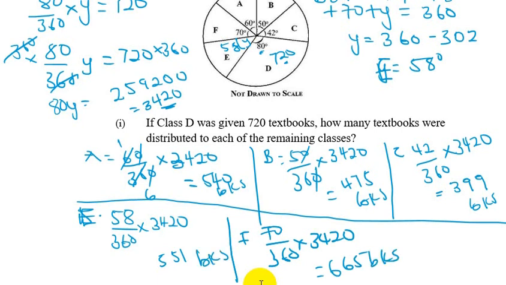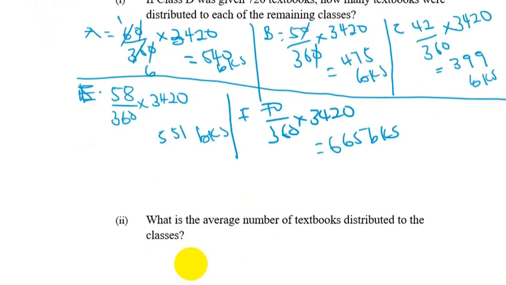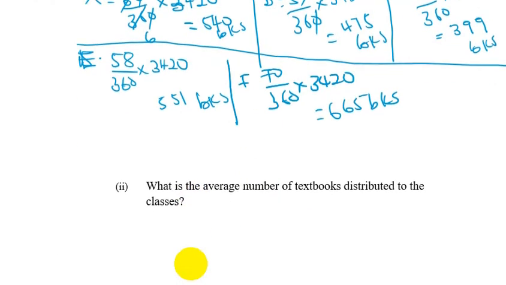So these are the number of books that they are talking about. Now the question says, what is the average? It says, what is the average of textbooks to be distributed? Now to find the average, we will find the